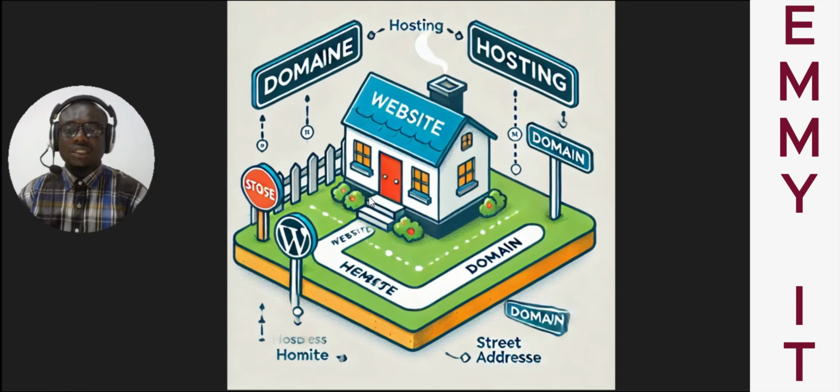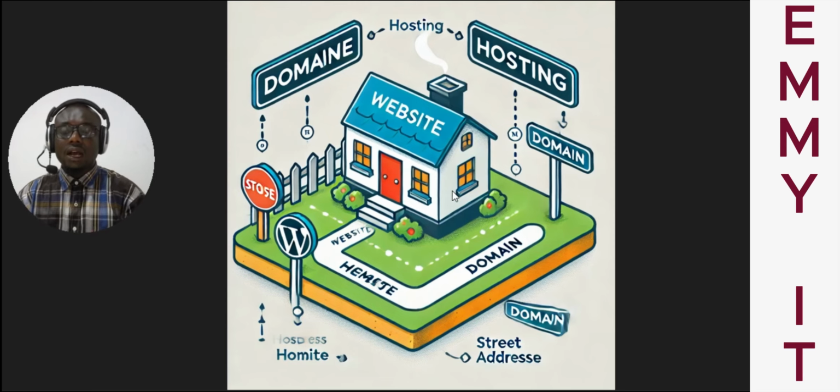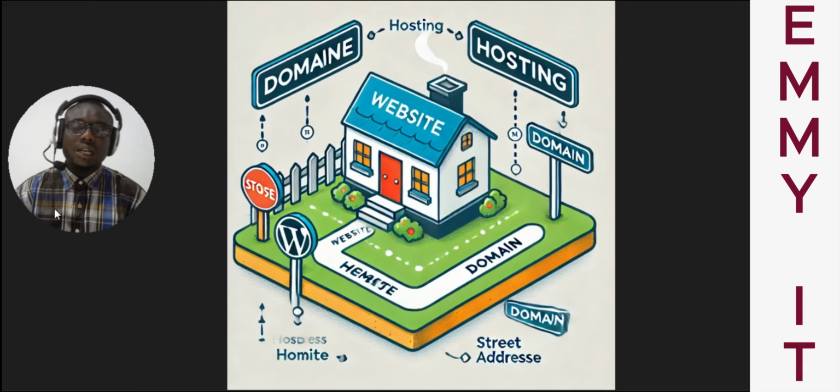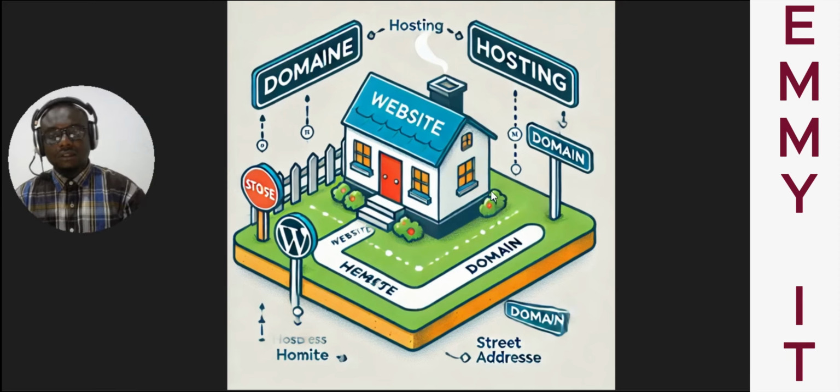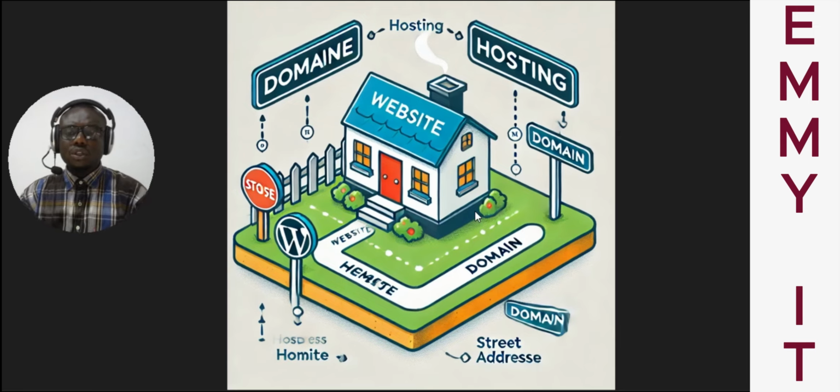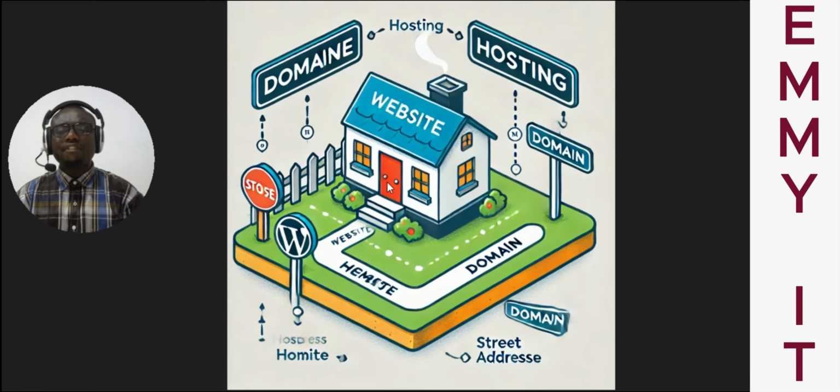Your space on the internet is your domain. And what can identify your space? Two things can identify your space. One, the name of your website. Two, the address of your website. Do you understand? So once someone gets the name of your website, the address of that website on the server is being released. That's what you use to communicate with clients and servers. Okay? But for your website to be live online,